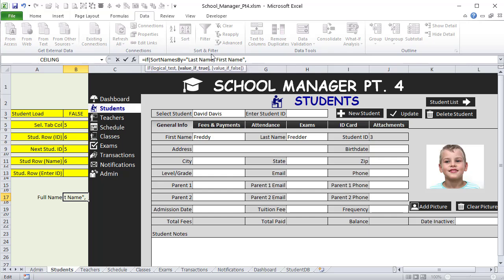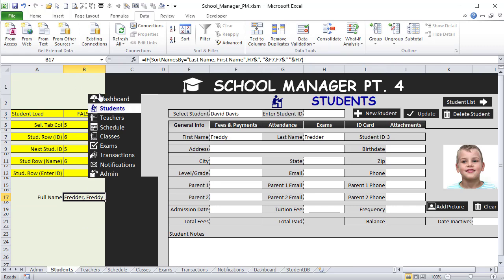Then what do I want to do? Then what I want to do is put in this last name, and then quotation marks, comma, space, and then another quotation, and then I want to put in, actually it should be first name, so this should be last name, H7, that's right, H7, last name, comma, first name. So that's what it would be, right? Otherwise, if it's false, what's it going to be? It's going to be first name, and quotation marks, a space, and then the last name. So that's what I want. So basically, I want to display this name